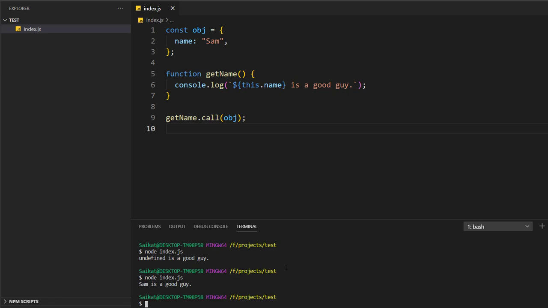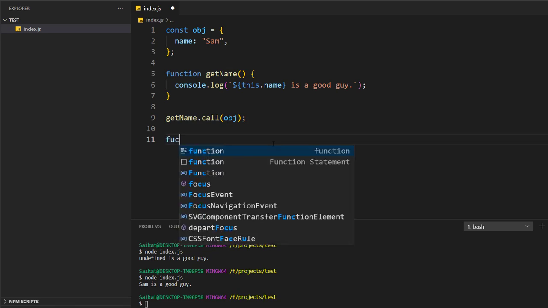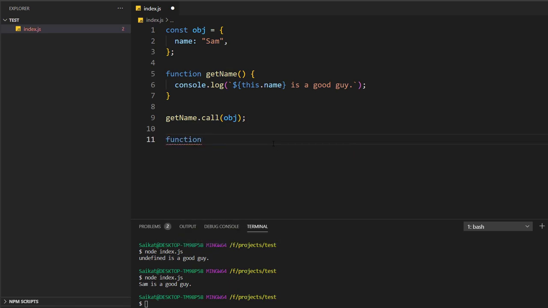Let's see how this is implemented inside. I'll write a simple function and name it customCall. As I told you, this call function will take an object and some arguments, the number of arguments that I want to pass.